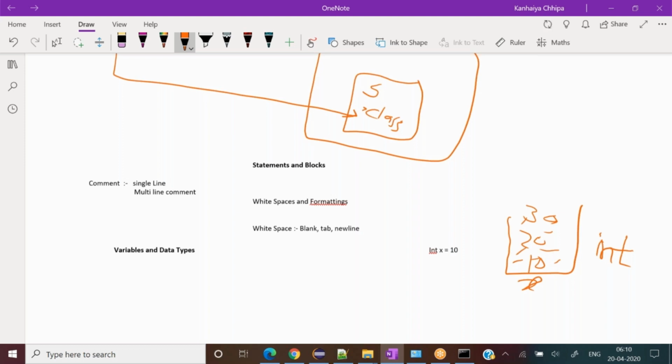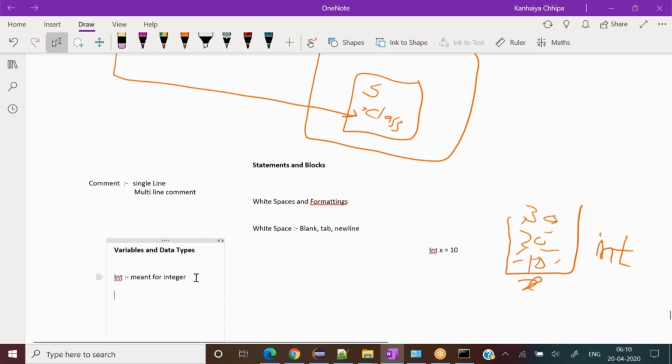We can discuss those particular variables one by one. Int is one of them. If I write int, int is meant for integer. Now let's discuss a few other types, and I'll show a diagram also for that particular type.